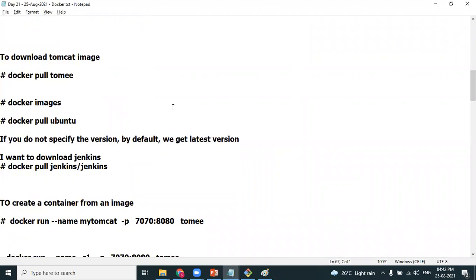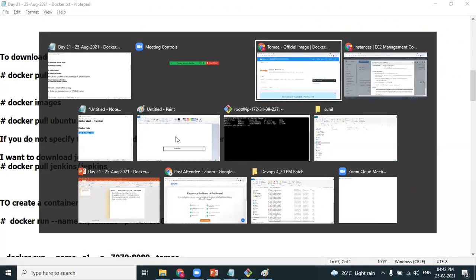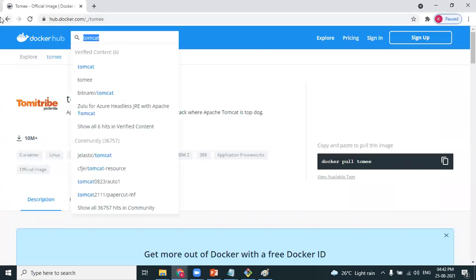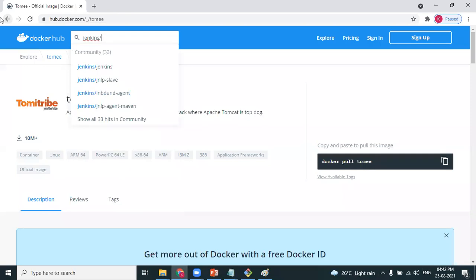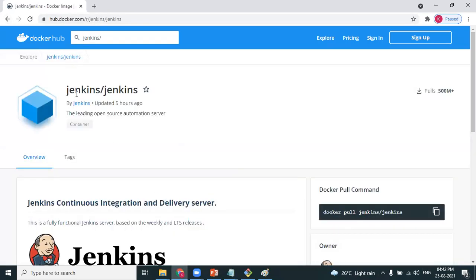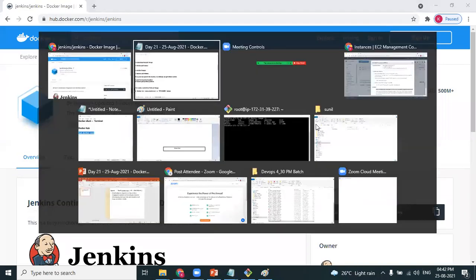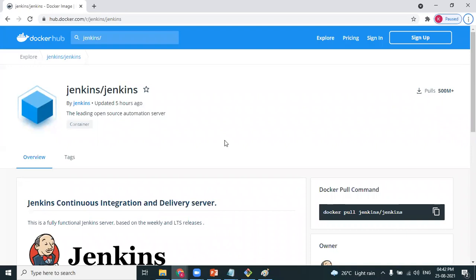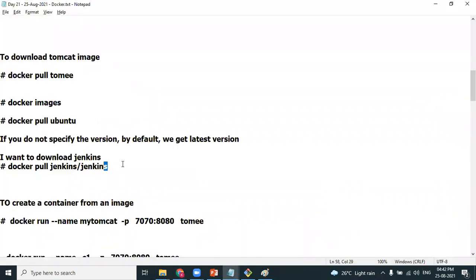I also want the Jenkins image. Gaurav, for Jenkins, the name of the image is jenkins/jenkins. Use this image. So this is the Jenkins image: docker pull jenkins/jenkins. This is the name of the image. 500 million pulls.